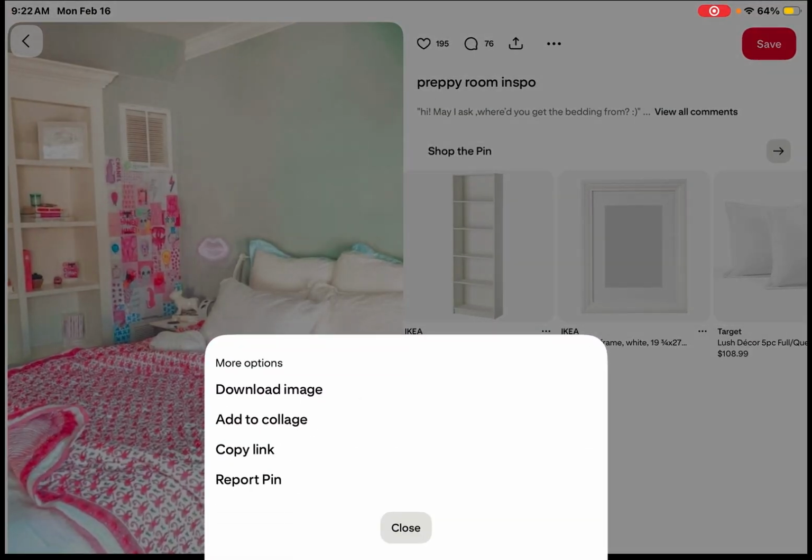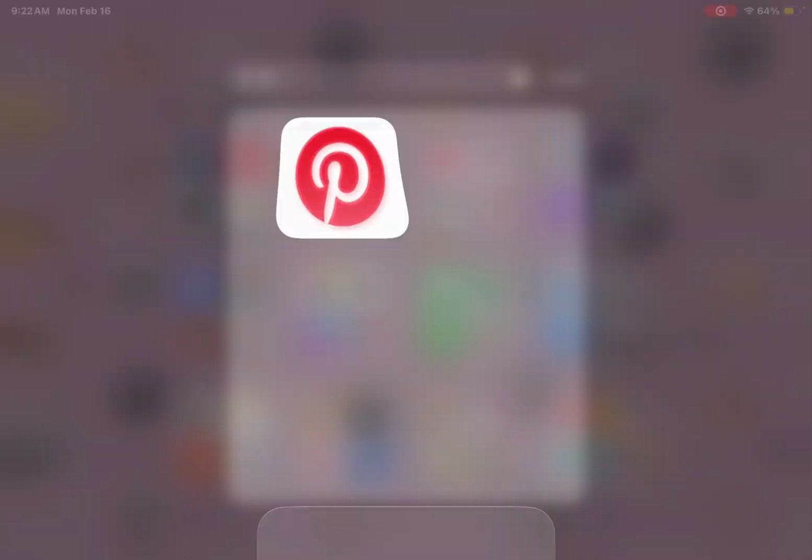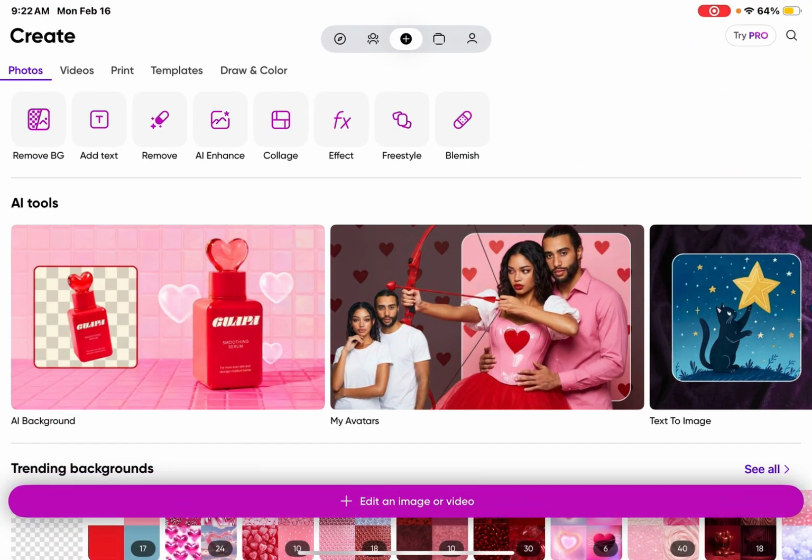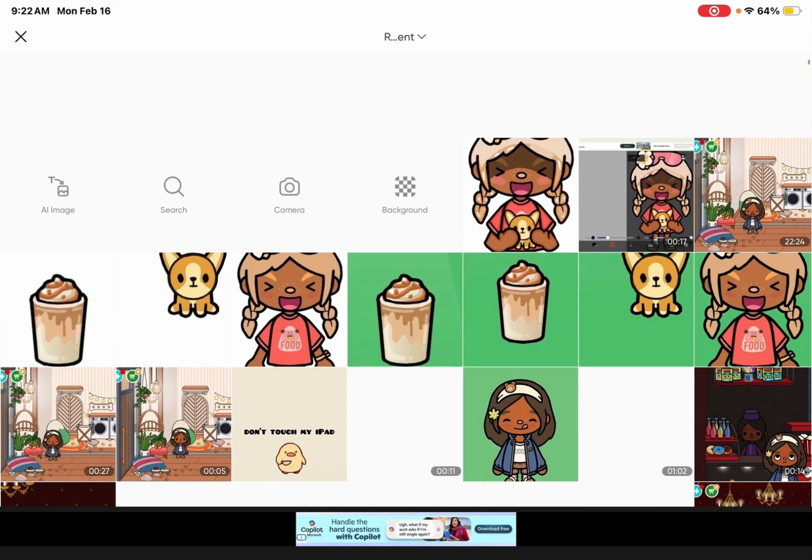Click download image, and then you're gonna go on to Pinterest, edit an image video, and then wait till